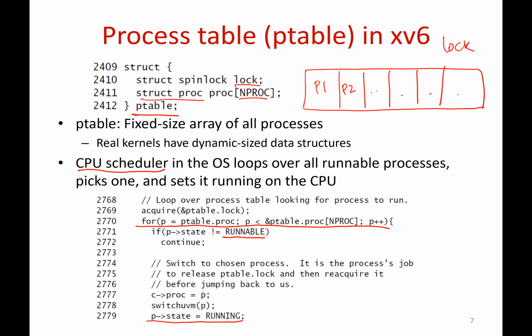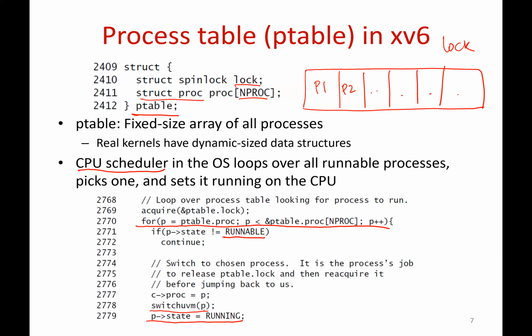Okay, so of course there are a lot of intricacies here. I've not explained all the lines. This is how in general we will study x86 code. We will first understand a few simple concepts, and we will keep on revisiting the scheduler code multiple times throughout these lectures, where we understand more and more concepts progressively. For now, it is enough to understand that the scheduler basically loops over all the processes in the P table, finds a runnable process and sets it to the running state and switches to it, right?